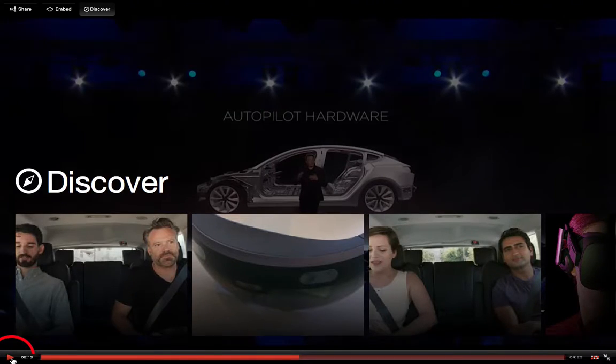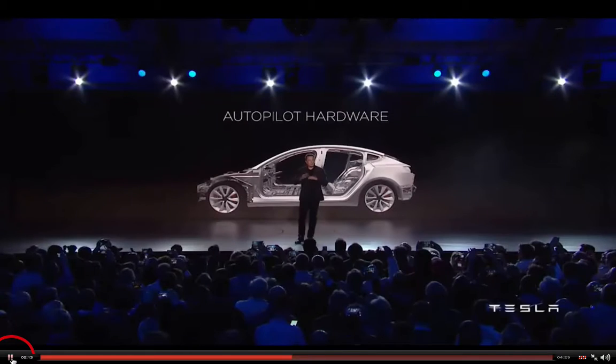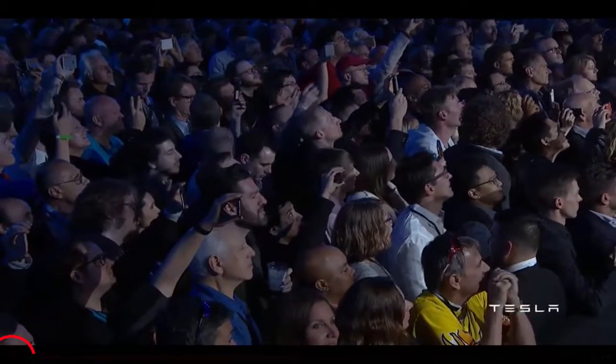You won't need to buy an option. I'll talk about this in a second, but autopilot hardware, and we'll talk about that. Autopilot safety features will always be there. The Model 3 also fits